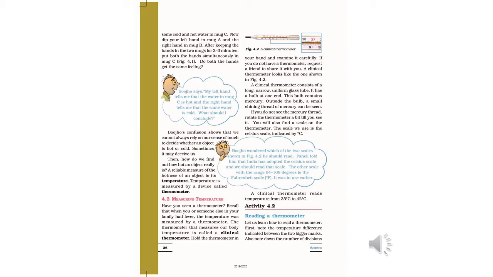So you can see on the thermometer, after one number there will be small lines on the scale. It is given the same way. One small line stands for one small division. If there are 5 divisions, 1 upon 5 means 0.2 degree Celsius.